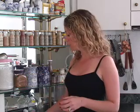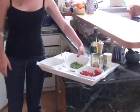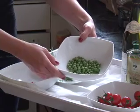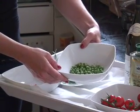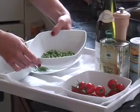First one is Saint Jacques, barbecued in the shell, otherwise known as scallop, by the way. Saint Jacques barbecued in the shell with a little bit of cream and a little bit of lardon, or bacon. And the other one is an Ode de Spring with petit pois, also barbecued in a scallop shell with a little bit of white wine and citron olive oil and also a few cherry tomatoes